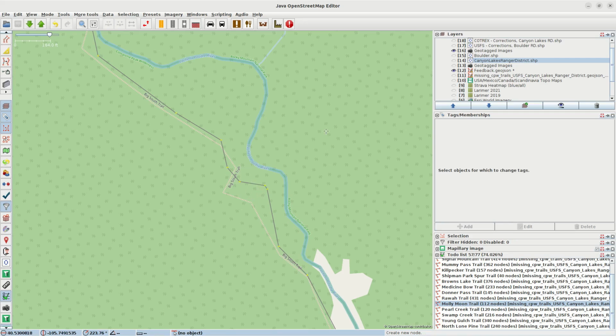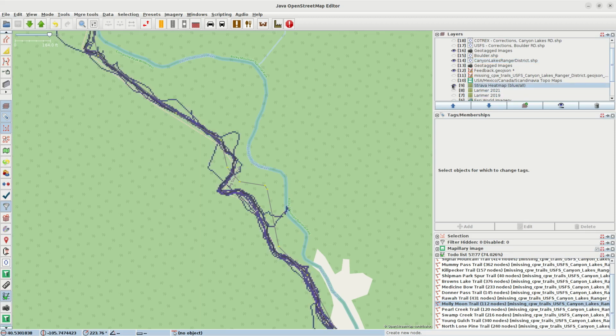Now, the interesting thing here is if we turn on the data from the Forest Service, it is a lot closer to OpenStreetMap. And I actually believe, and I'll show you in a minute why, that Forest Service data here is probably the best of the three. So OpenStreetMap could use a few tweaks as well. And let's turn on that Strava heat map, and you can see that